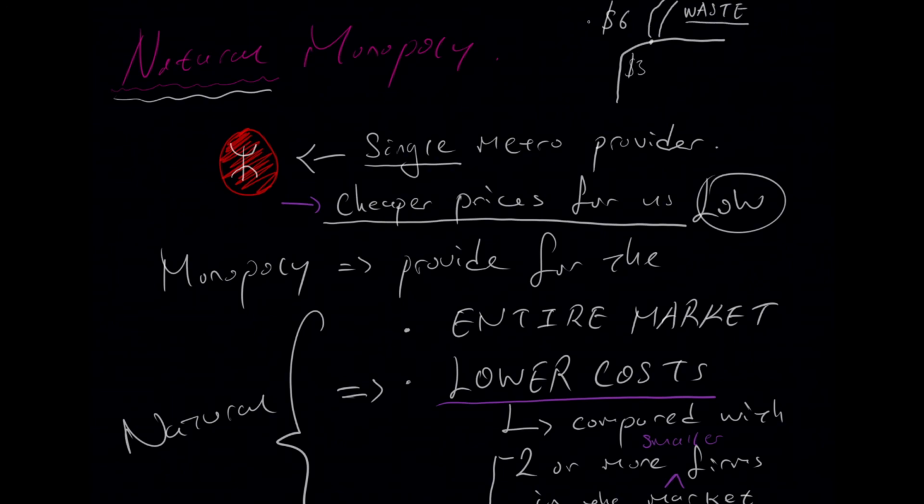So what I'm trying to illustrate here is that you have to pay more when you have more firms in the market. That illustrates a situation that can be bettered for society with a natural monopoly. That's why with the MTR it's cheaper, and that is essentially the essence of a natural monopoly. It is able to produce at a lower cost for the entire market, and that is beneficial to society. And I think that's a really important point. Natural monopolies,